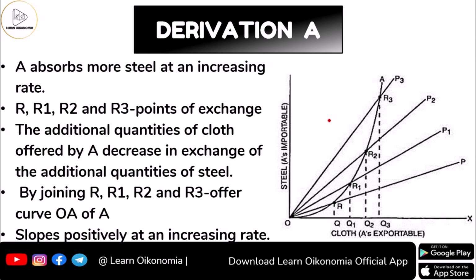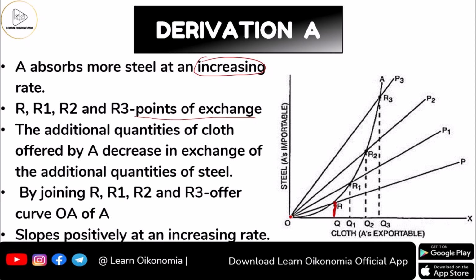Now, even though that is the case, in contrast to this, nation A will be taking more steel at an increasing rate. So if you look at points like R1, R2, R3, etc., these are considered to be the points of exchange. These are the points of exchange, and it will be showing you that in this particular point R, you are going for exchange of